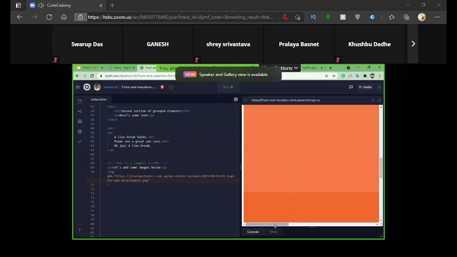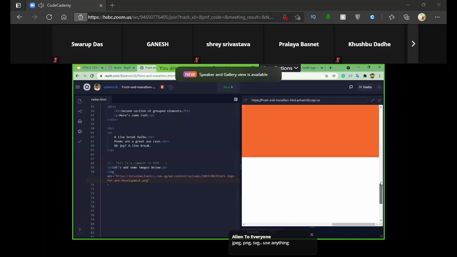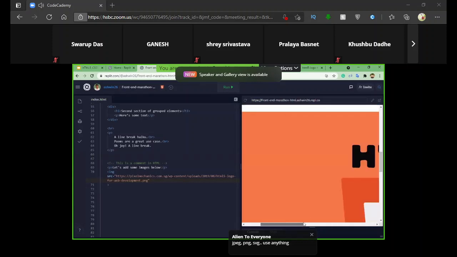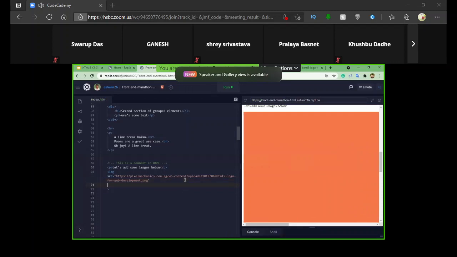The image is so big that it is displayed as such, and we have to scroll all the way to the right and left to view it. So in order to control the size of the image, we use the width and height attributes.